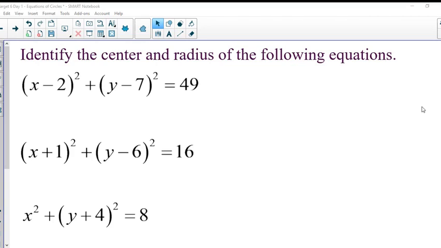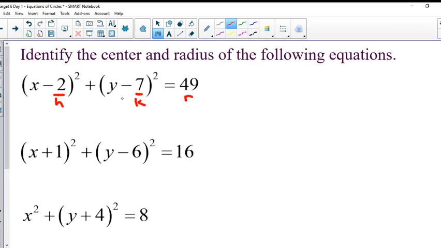49. Remember, your center, your h and your k, are going to come from the numbers in the equation, 2, 7. This is your h, this is your k. The r is going to come from your 49. Now remember with the whole double negative and turning things positive, we need to make sure we pay attention to whether these numbers should be positive or negative. In this problem, because the general form of the equation has two negatives, we don't have to worry about having